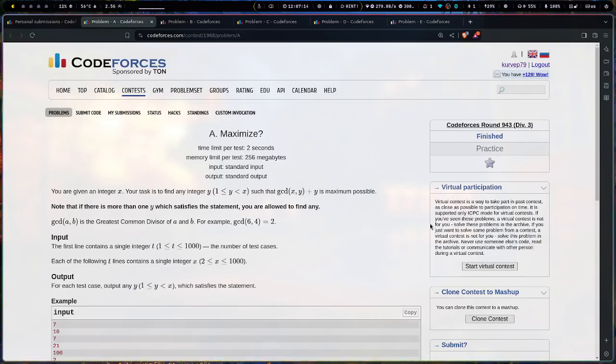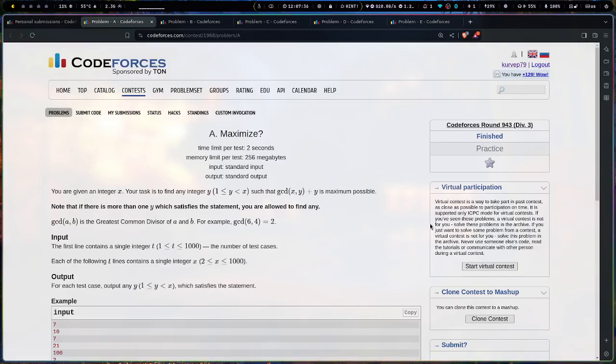Today we are going to discuss the solution for Codeforces Round 943 Division 3. I was able to solve 4 questions during the contest, and after the contest I solved basically the E problem. So we will be discussing problems A to E. So let's dive into the solution. Talking about the first question,